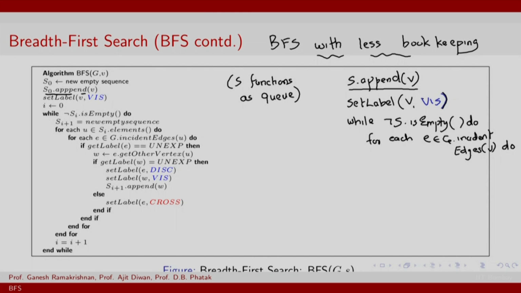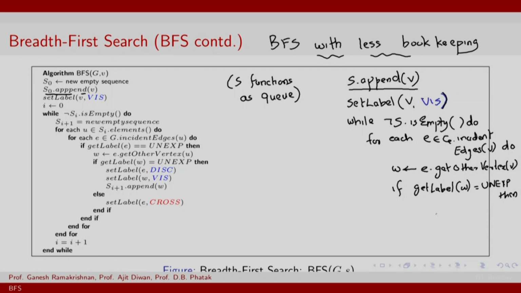This is the same as before, and like before I am going to say W is E dot get other vertex for V. I am going to check the label as before again, if get label W is unexplored,